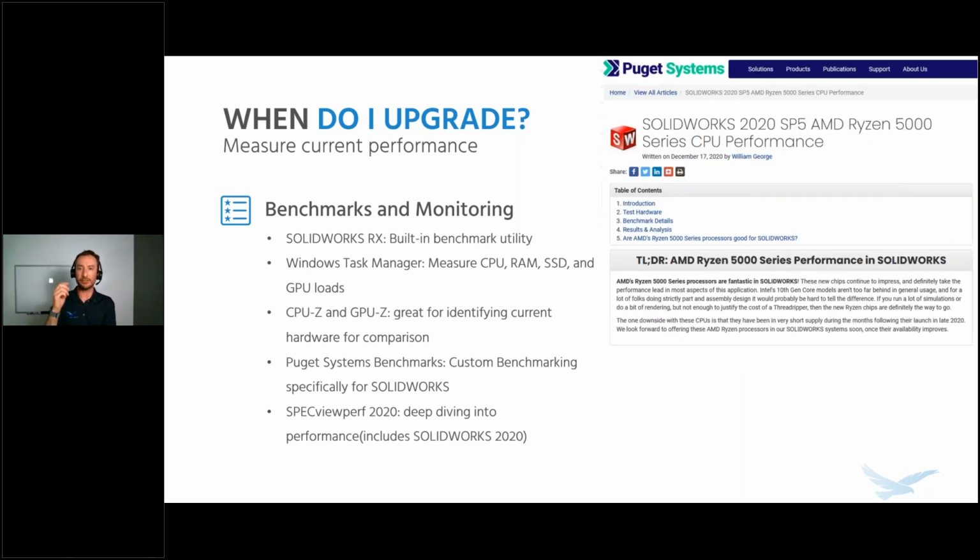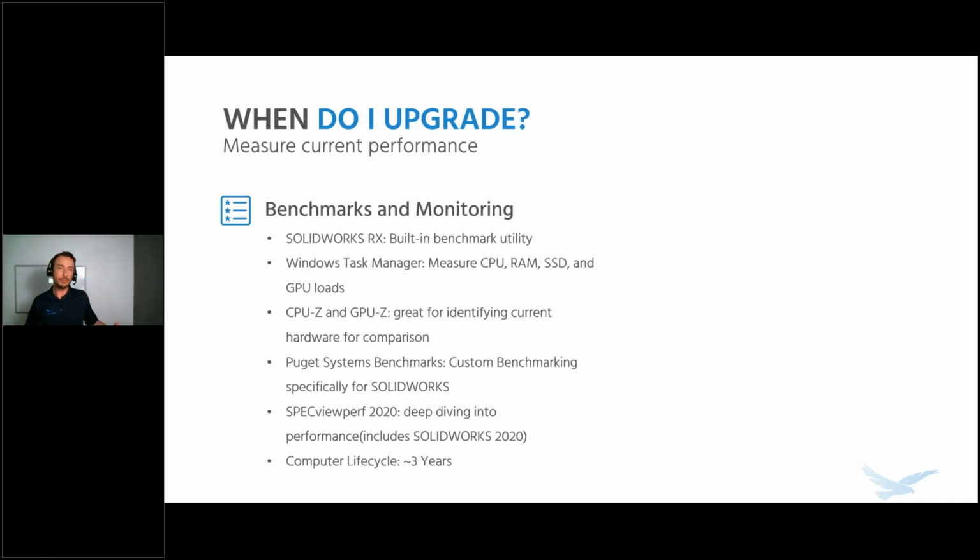Okay, now there's the Puget Systems. This is the latest article that they put out there in terms of the latest AMD chips and how they performed relative to the Intel 10th gen chips from last generation. There's an argument to be made in how to approach a plan. We're buying